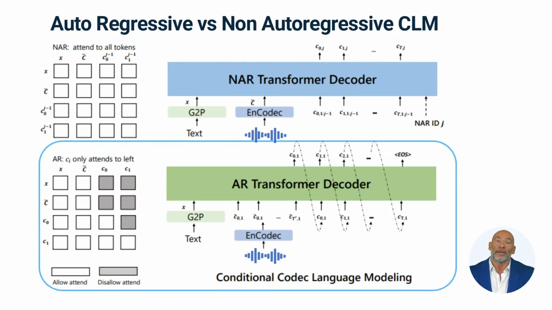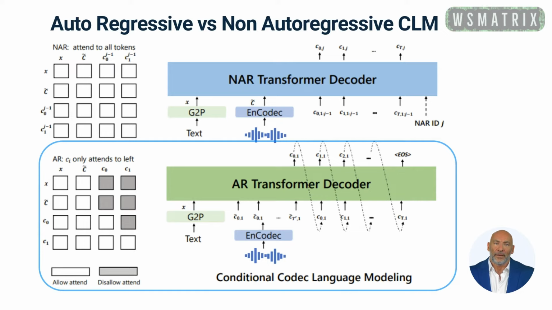The autoregressive language model is used to generate tokens from the first quantizer. It consists of a phoneme embedding, an acoustic embedding, a transformer decoder, and a prediction layer. During training, the model input is the concatenation of the phoneme sequence and the tokens from the first quantizer, with special tokens added after each of them. The model is optimized to maximize the probability of the next token in the first codebook.